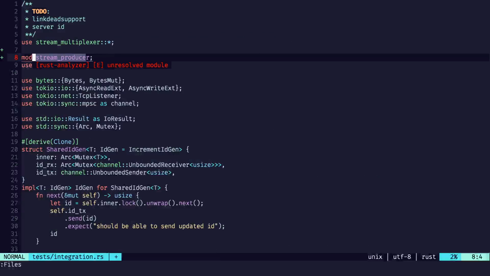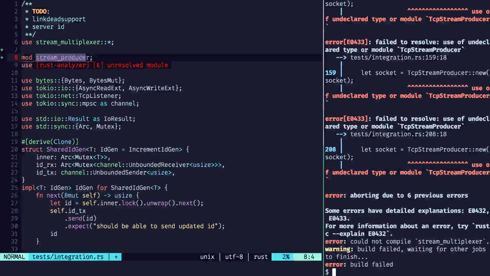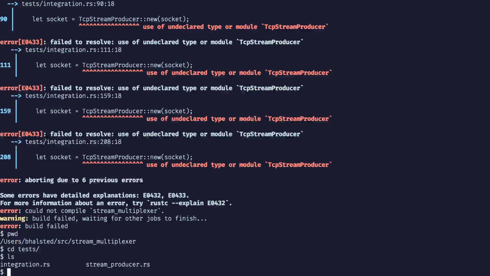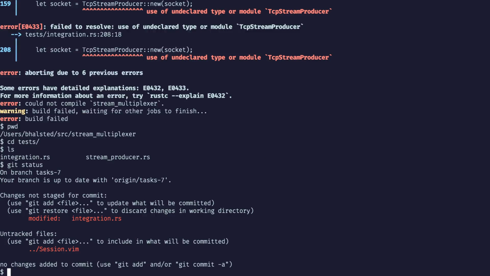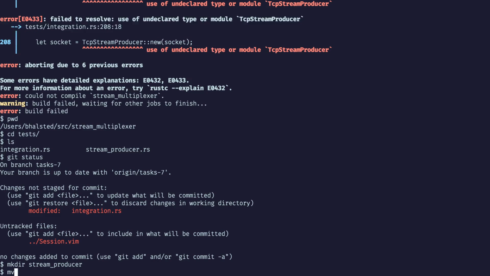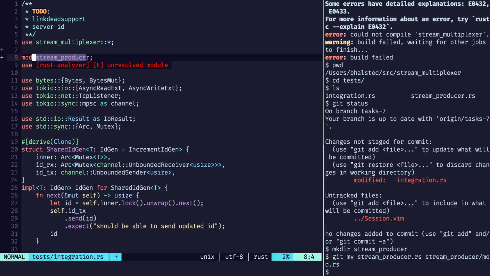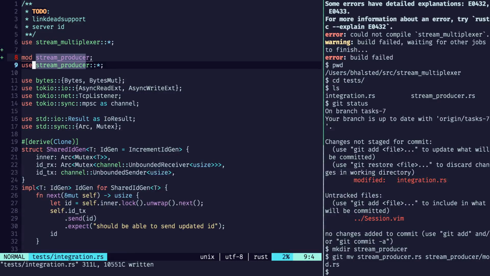PWD, nope, not that one. This terminal. All right, let's go into tests. Make dir stream producer, git move producer rs to stream producer mod.rs. There we go. Go back to the code, save,